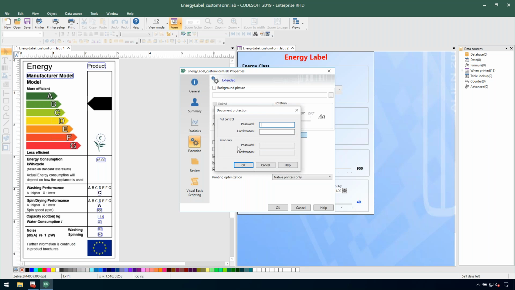So here we're seeing full control, print only. Full control does need to be entered before we enter a print only. You'll see it's grayed out. If it wasn't like that, you could theoretically lock yourself out of the label template. Full control is just what it sounds like. You have full administrative rights. Print only